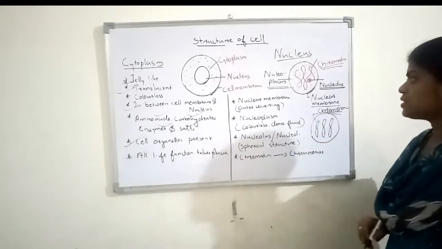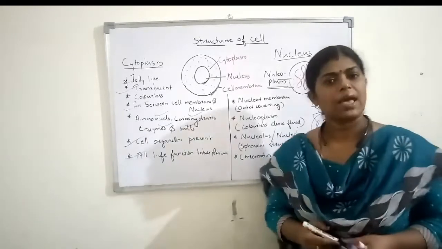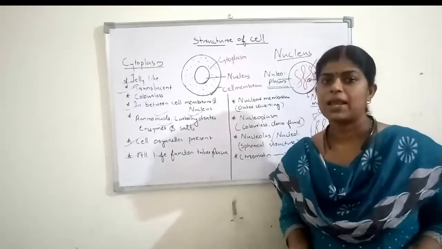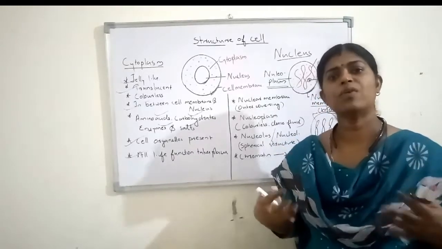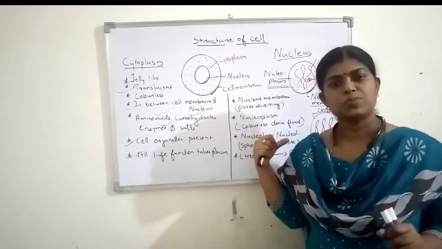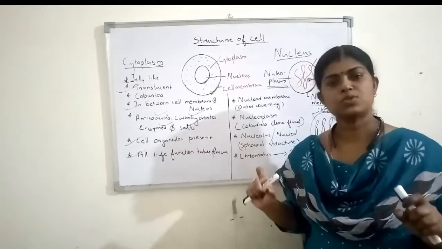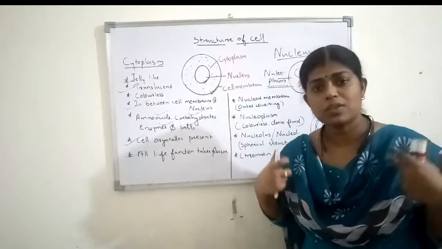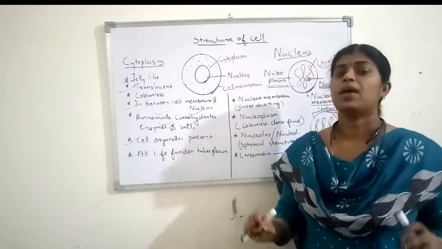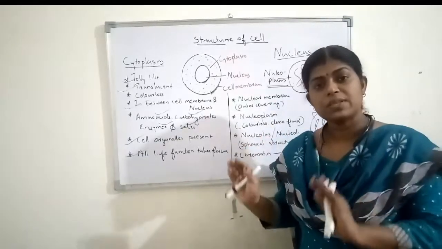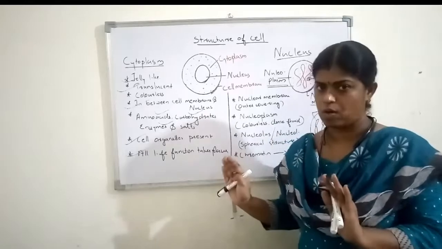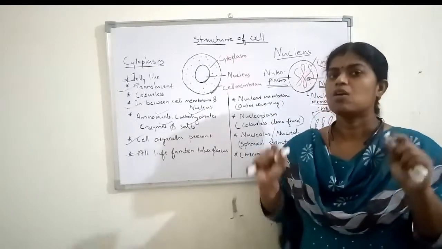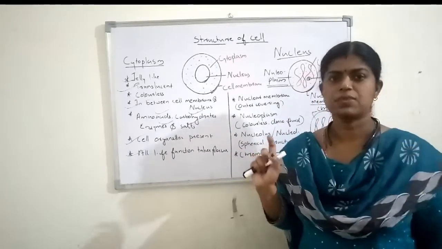And what is the function of chromosome? We have a lot of features of our parents. How are we getting these features? That is because of the chromosome. Chromosome is a genetic material. Chromosome controls all the features of an organism, and every organism has a fixed number of chromosomes. In the case of human beings, 46 chromosomes will be there. It is a fixed number.